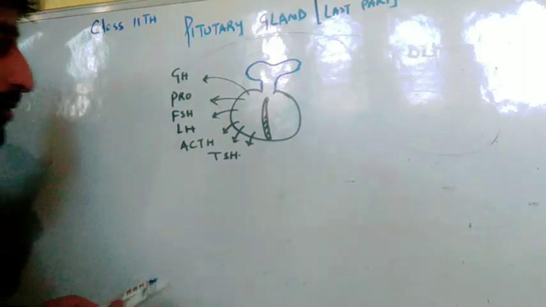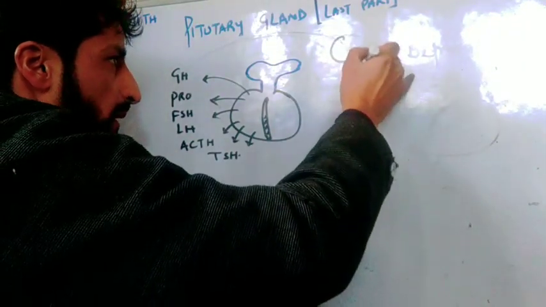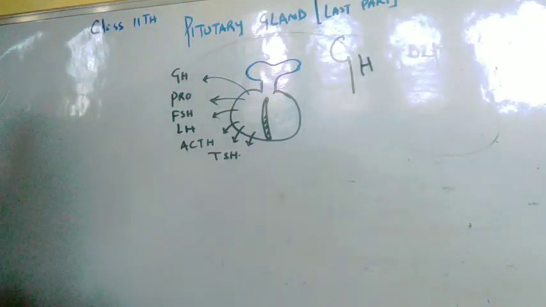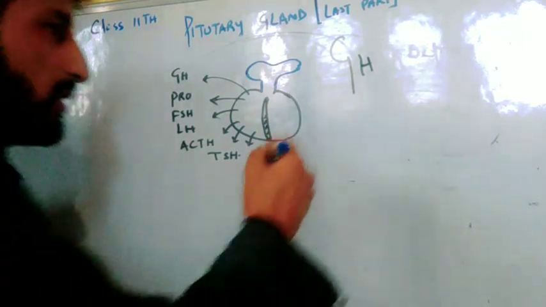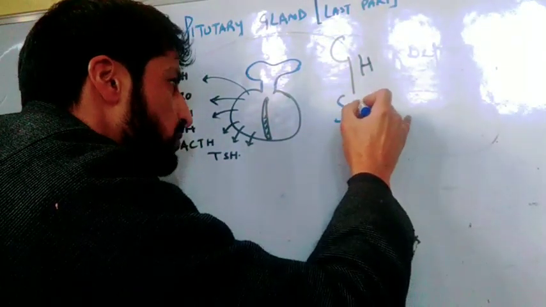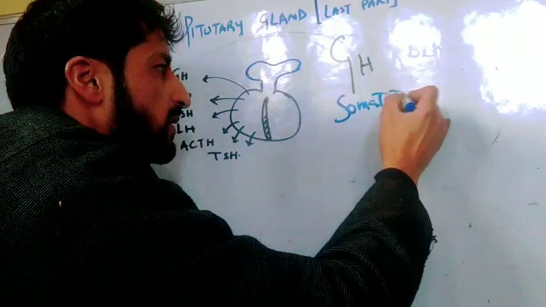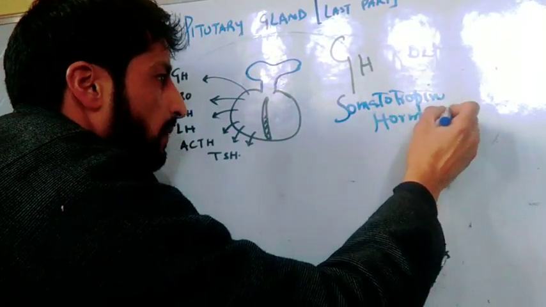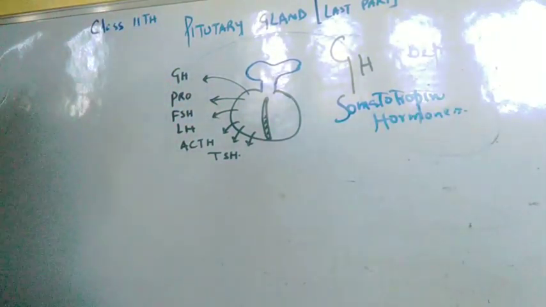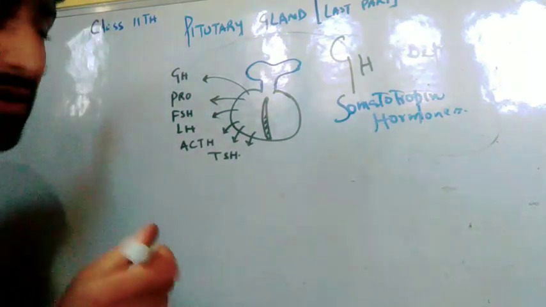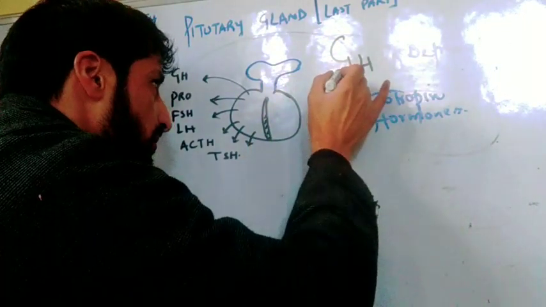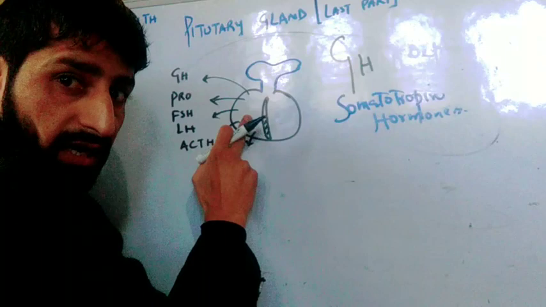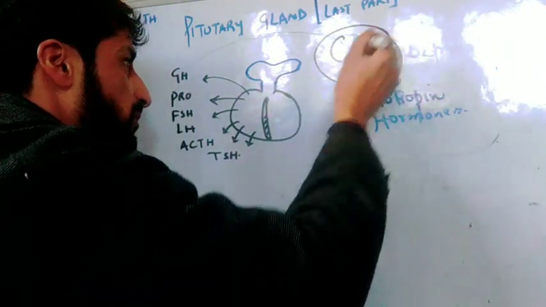First of all, we will go through growth hormone, GH. Growth hormone is also known as somatotropin hormone. It is produced from the anterior lobe of pituitary gland. The main role of growth hormone is